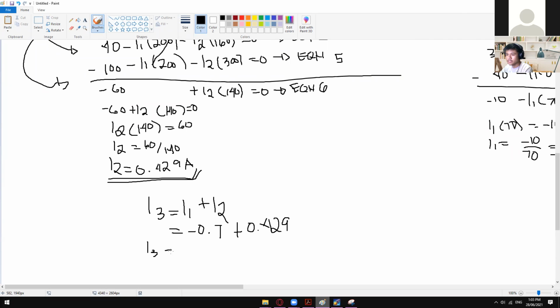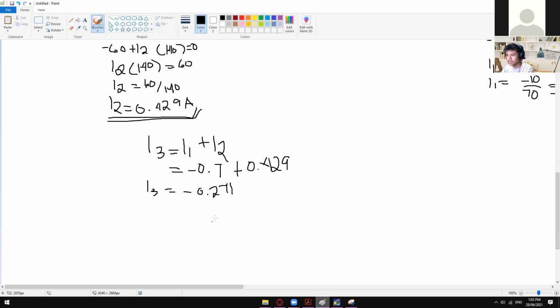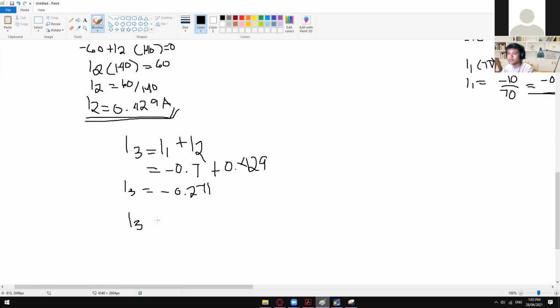So I3 is now equal to negative 0.7 plus 0.429, which will give us a result of negative 0.271. Okay, so once you've got all of the values of your currents, that's the time that you can now change this one into positive. So I3 now is equal to